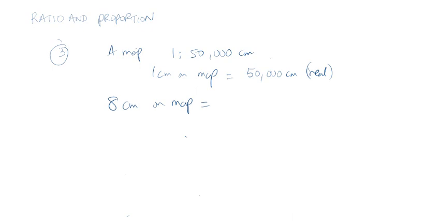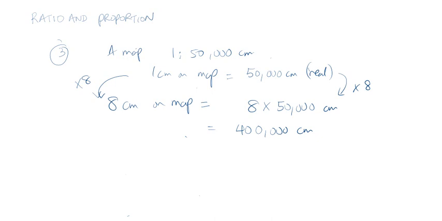So that's another example whereby we've got not ratio but proportion involved. So you can see that 1 is becoming 8, so I'm multiplying by 8 on the left hand side. So what I need to do is I need to multiply by 8 on the right hand side. So I end up getting 8 times 50,000 centimeters. And if you multiply that, 8 times 5 is 40. So you end up getting 400,000